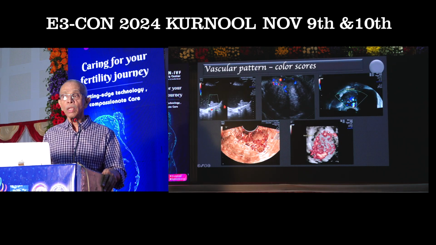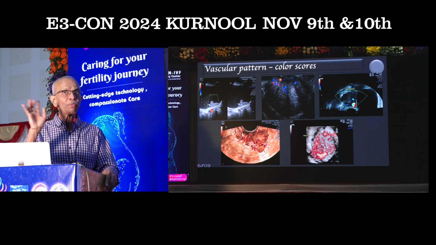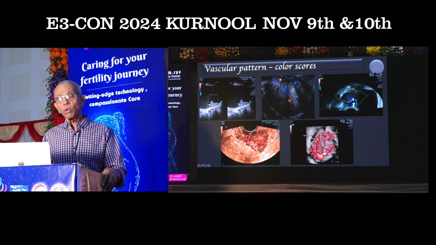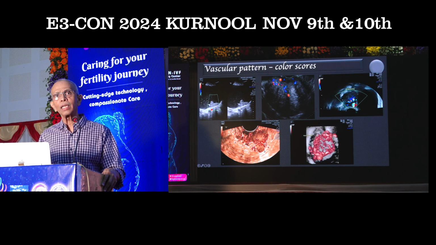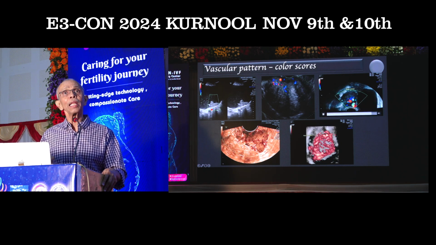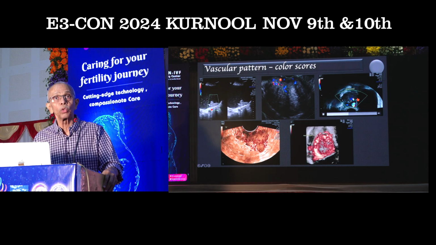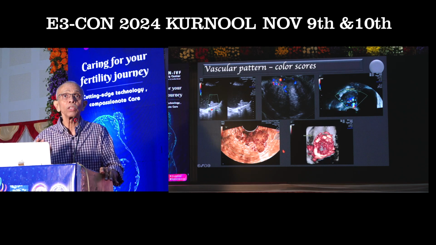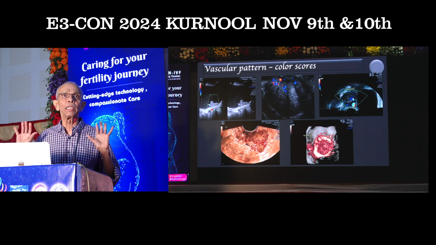Here you have a lesion where I have put the color box. The color box is appropriate, I have set the PRF appropriately, but I don't find any vessels there. So this is color score 1. Whereas here you have a lesion with not much vascularity, but there is minimal vascularity. It is color score 2. Here we have a slightly moderate increase in the color vascularity, so it is color score 3. Whereas here you have an abundant vascularity, which is typical of a color score 4. So this is how you are subjectively going to assess the vascularity of adnexal lesions.